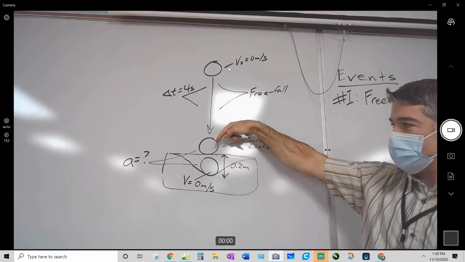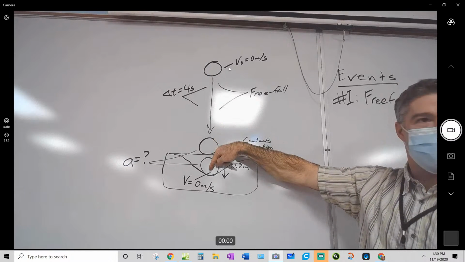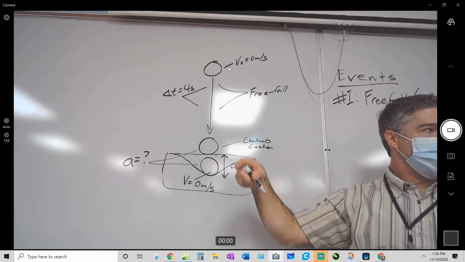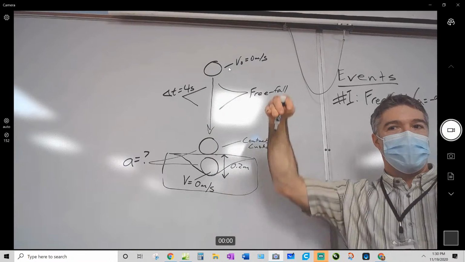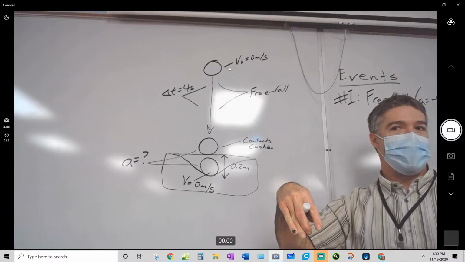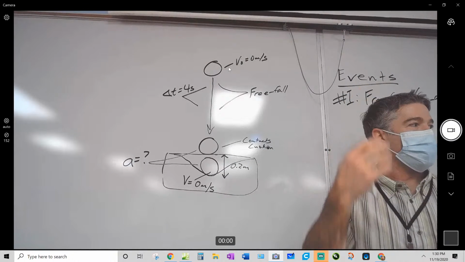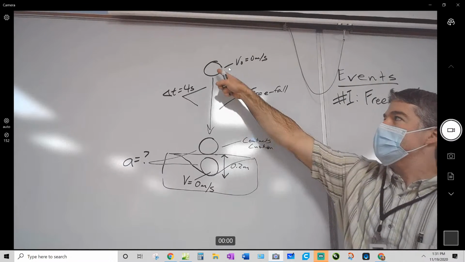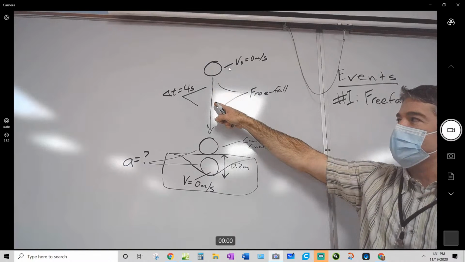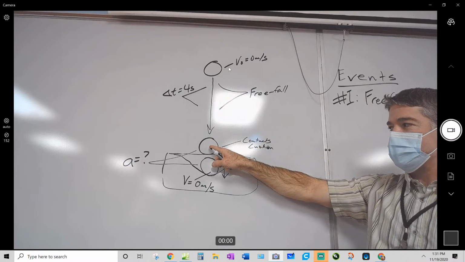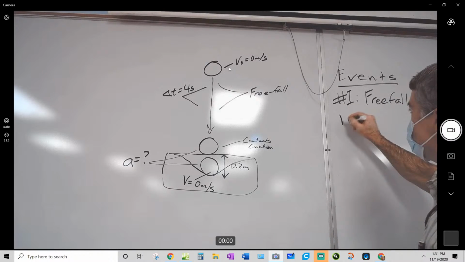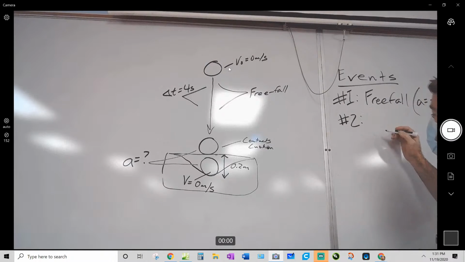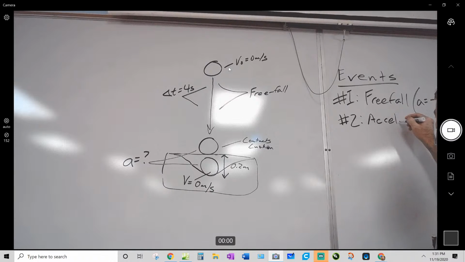Right here, is the acceleration down or up as it moves from here to there? Down. The movement's down, but is it speeding up or slowing down? Slowing down. So if you're going down and you're slowing down, then you're actually accelerating upward. In the beginning, this is going down and accelerating down, so it gets faster. Here it's going to be going down, but now accelerating upward, so it's getting slower. So event number 2 is being, I'll just say, accelerated upward